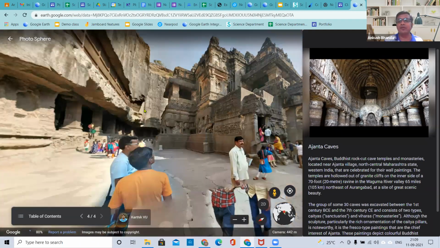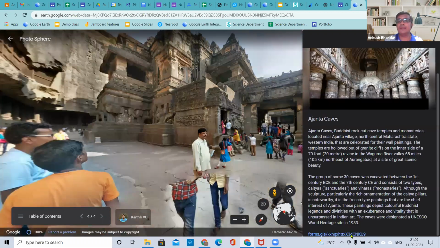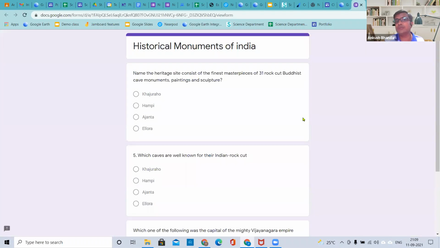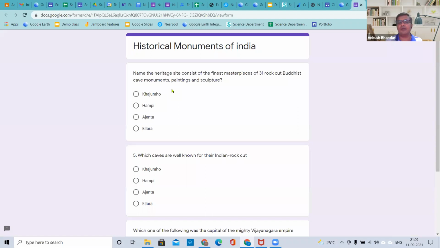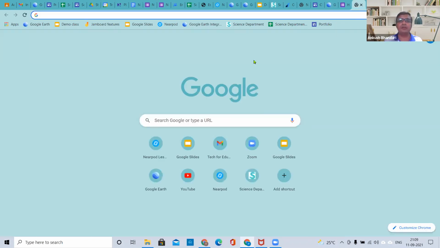So this is Ajanta Ellora, and here you will see, as a teacher, if I want to know whether they have gone through this part or not, I can even embed a quiz over there. Can you see like this? So this is the way we can make this interesting. And other tools that you'll be learning in the training program will help you move from basic knowledge of tools to advanced knowledge.